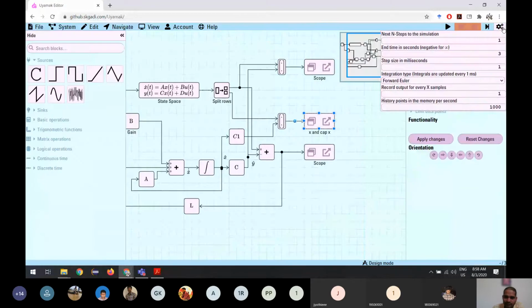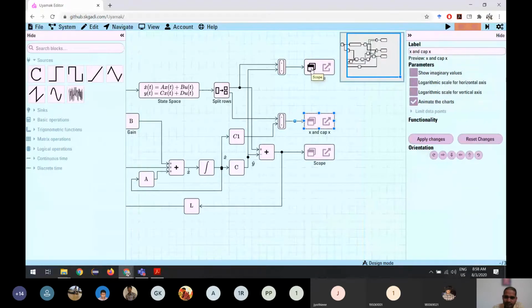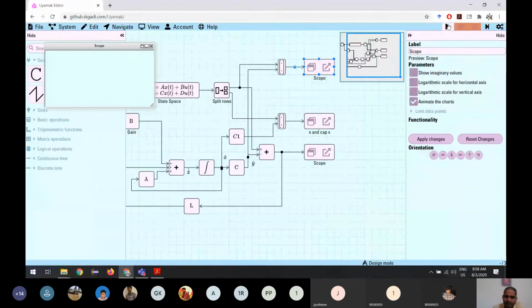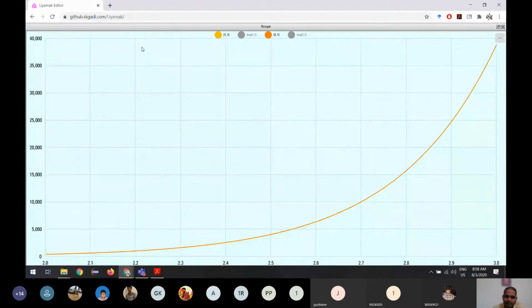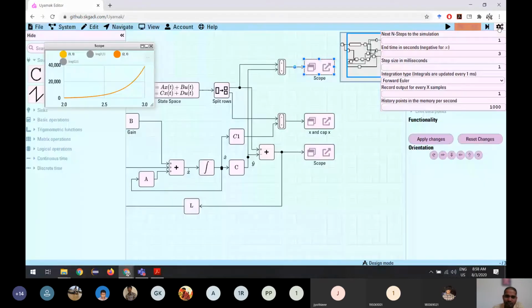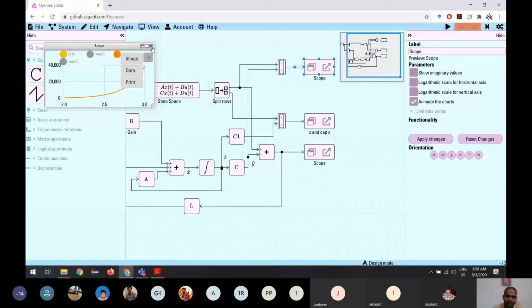This is for one state. What is the other state? Here is the other state. If we run, we can see. Here also we can see both are the same. So we are observing perfectly. The graphs are very perfect because we are not adding any noise, and we know the A, B, C, D values and those are very accurate. So the observer is working very well. If you have any doubts in the implementation of this observer, please ask me.